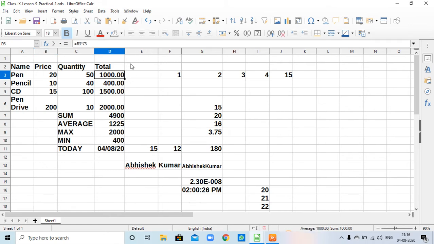You can also use comma. This one is for adding decimal places like this. This is for decreasing decimal places.